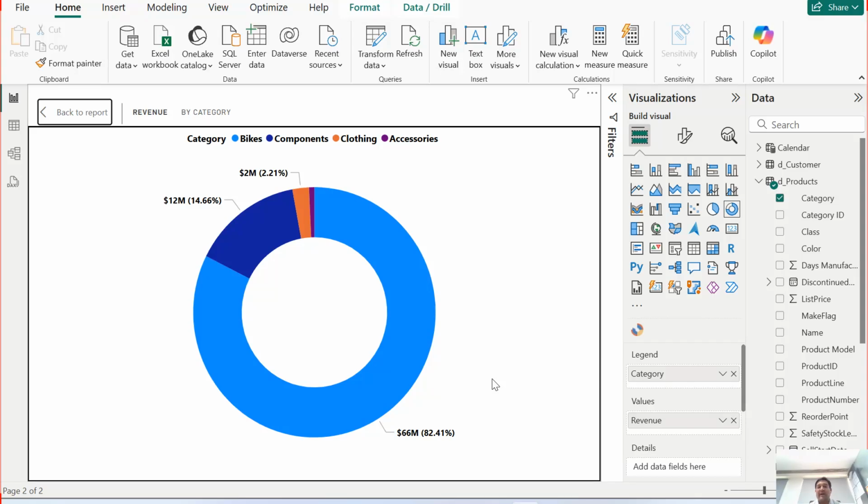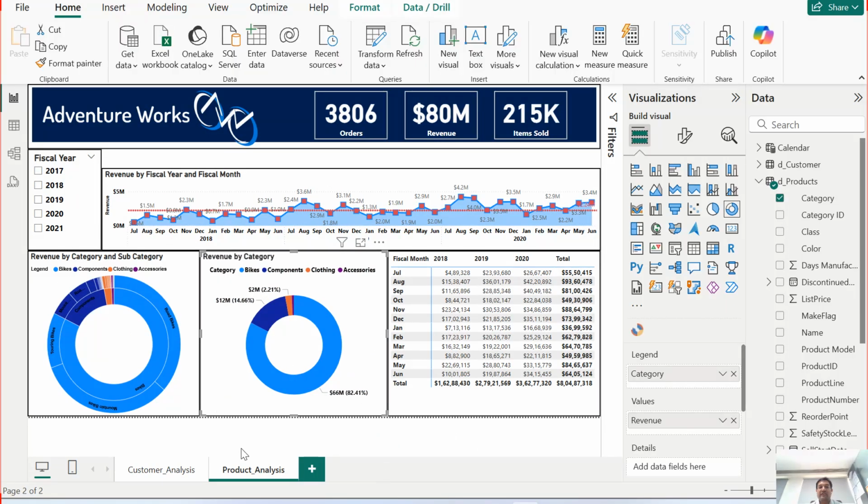The second one that we have seen is the donut chart, which is a kind of pie chart, but in a donut form, right? So you can see the percentage of contribution, along with the numeric figure that you want to see, right? And along with that you can have the revenue analysis also. So here we have created two charts, which are revenue by category and subcategory using the sunburst, which is a part of external visualization. We have imported the visualization,